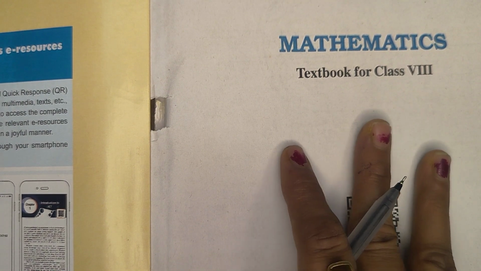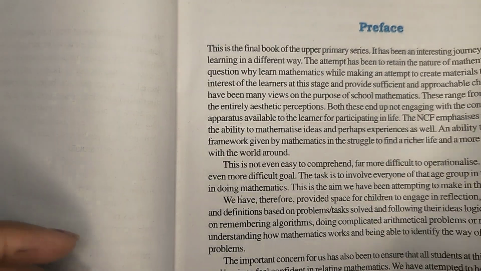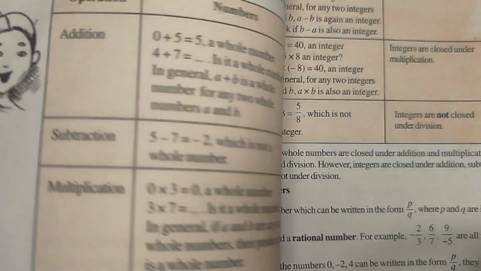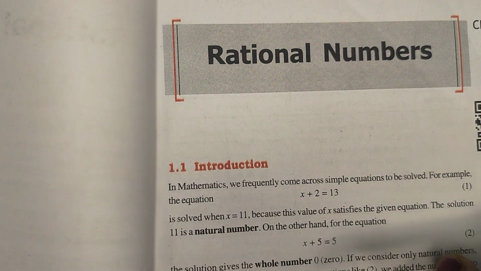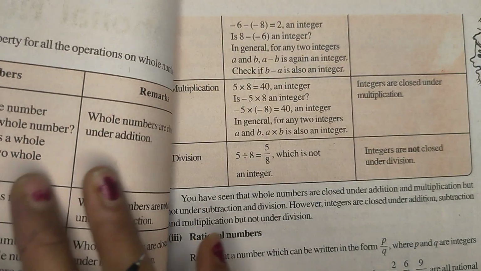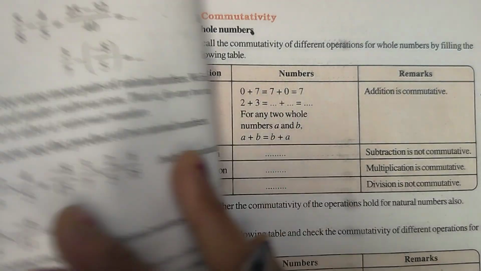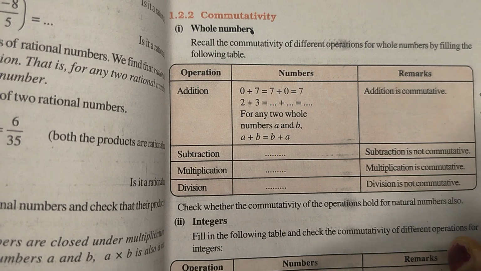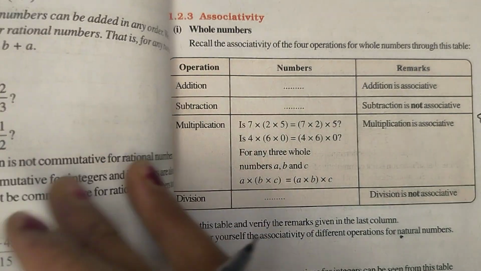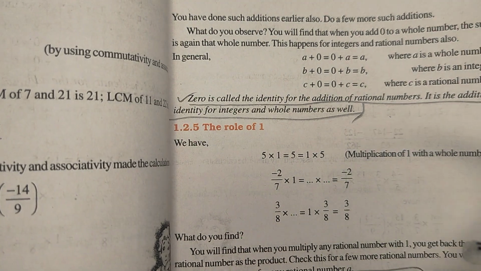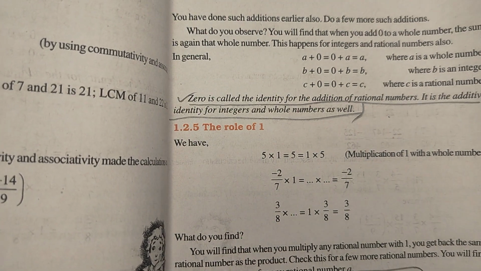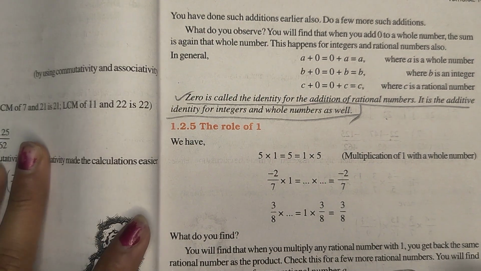This is the NCERT textbook. We completed some topics. We start chapter 1. The name of the chapter, as we can see here, is Rational Numbers, chapter 1. We completed some topics, properties, the basic introduction of rational numbers, and some rules for the role of 0. What is the role of 0? What is the role of 1? The next topic is